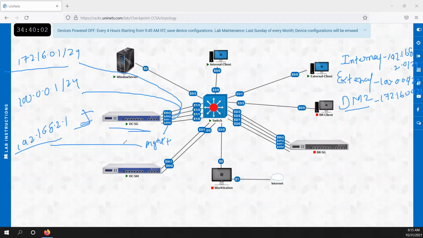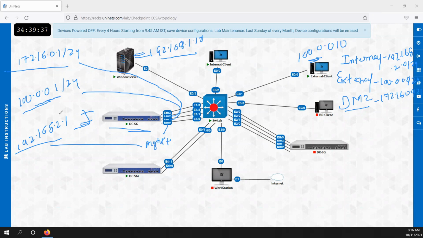On the client side, for example, this is an internal client, or this is a management server as well. For here, I would use 192.168.1.10. Let's say this is my external client. For the external client, I would use 100.0.0.10.